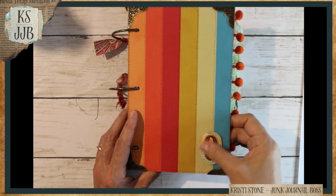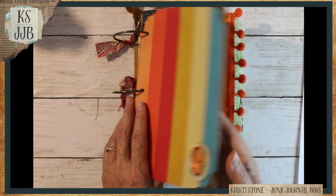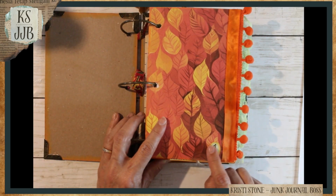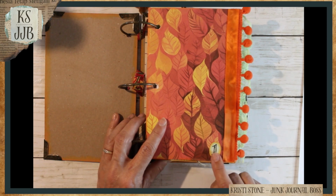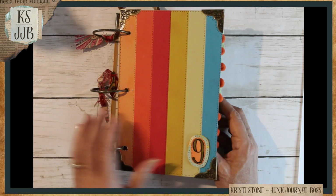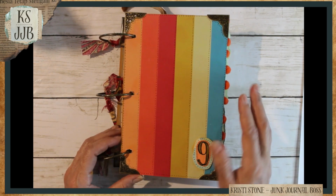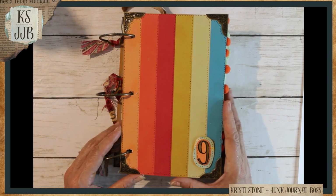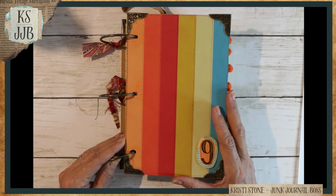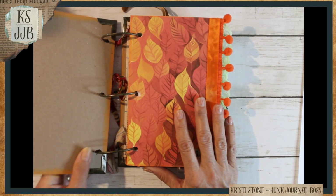All right, so I have a 9 on here, and you'll see why that matters. It doesn't really, but it's just because every page has another little picture. Oh, thanks, Sasha. That was what I was going for. And I am a person who likes tedious kind of work because it's really relaxing to me to do this kind of stuff, and believe it or not, to dot all these dots. So anyway,